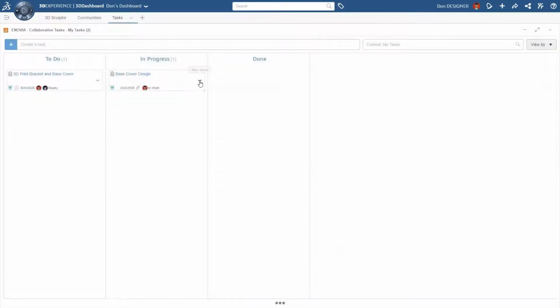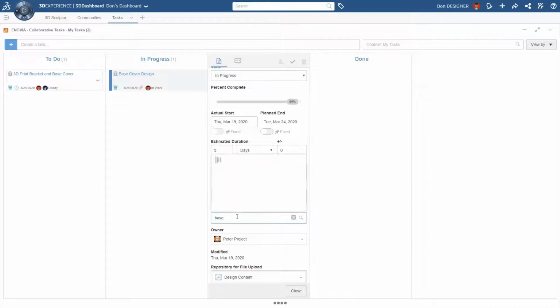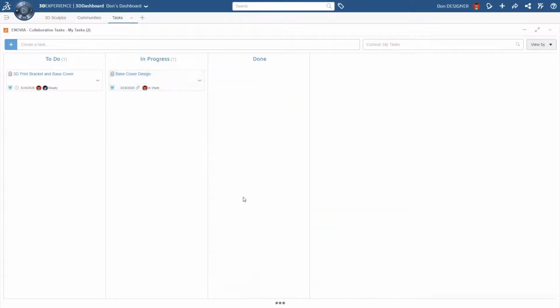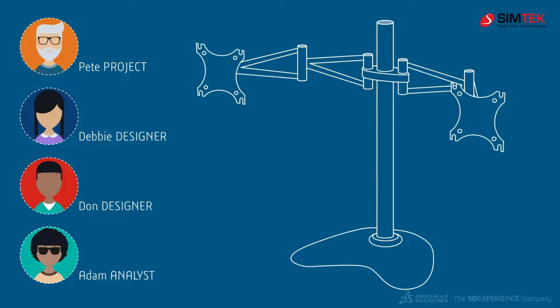And then, just like Derby, at the end of the task, he will attach his deliverables using a quick search. Then he can mark it complete by drag and drop to done. So those are some fantastic browser-based modeling tools to enable you to get the design completed quickly.